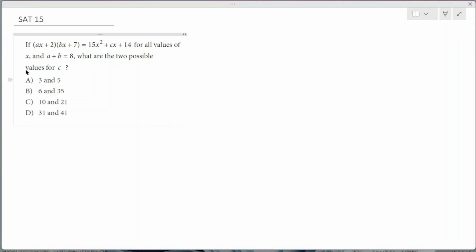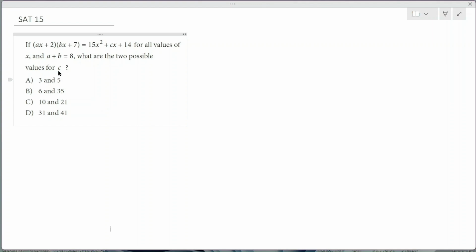Question 15. If (ax + 2)(bx + 7) = 15x² + cx + 14 for all values of x, and a + b is 8, what are the two possible values for c? This has a touch of simultaneous equation with three unknowns, and there are two approaches to